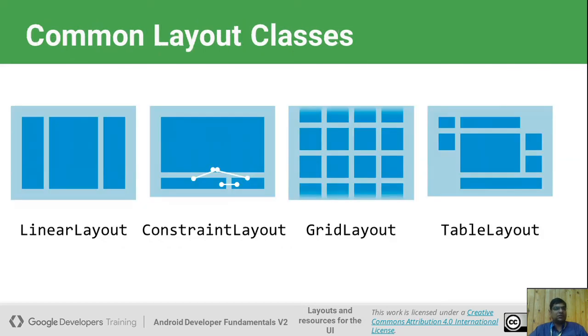Those are the formats. First is the linear layout. It works in the horizontal and vertical mode. Constraint layout, it is attached. It has constraints, and we set the constraints. Using those constraints, we create a layout. And in grid layout, all components show in table form, full table form. First one row is complete, second row complete, third row complete, and fourth row complete. So that is called grid layout.